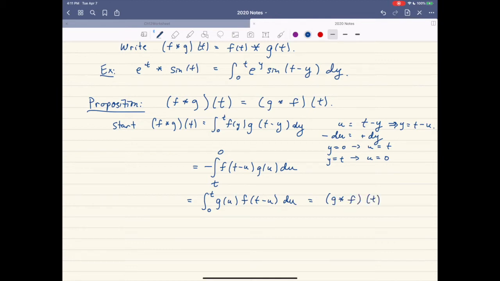The fact that we're using u's instead of y's is completely inconsequential, right? That's called a dummy variable. Anyways, so it turns out that the convolution is commutative, which is a good thing. I think it's also worthwhile to talk about